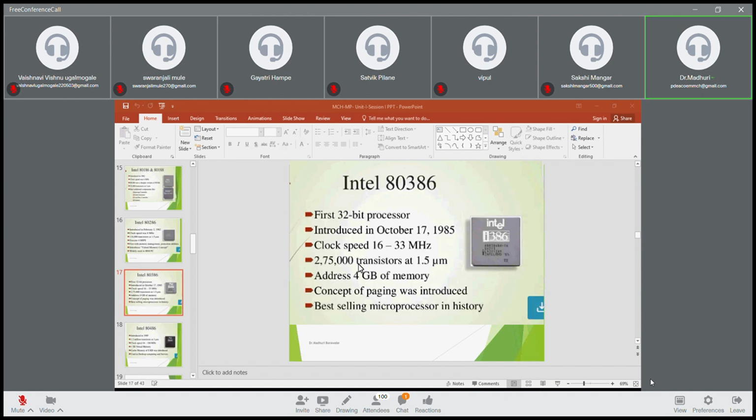So what do you mean by paging? Just remember that paging is there, that we will see. Okay. Now it is the best microprocessor. Whenever it came in the market, all the people took the 386 microprocessor. Okay. Now next is the